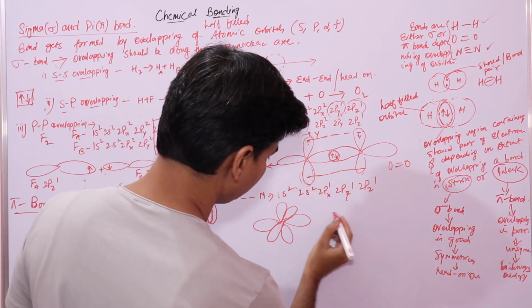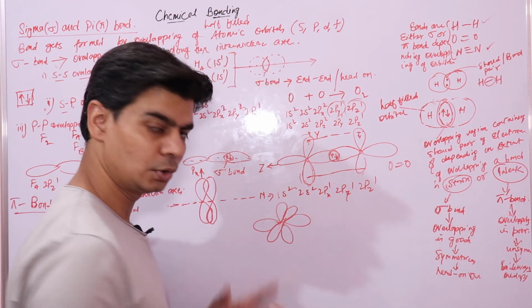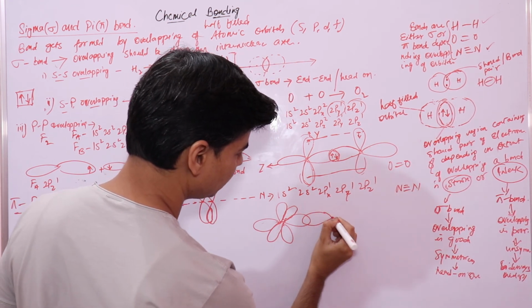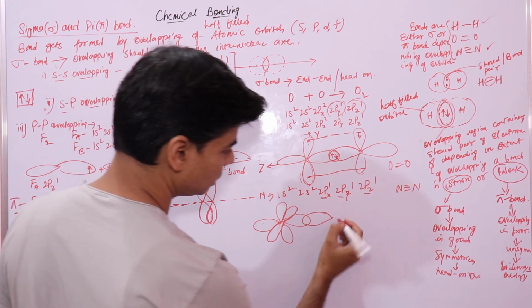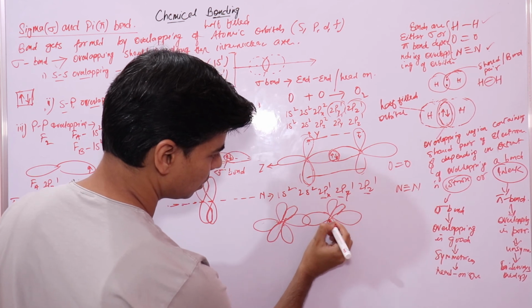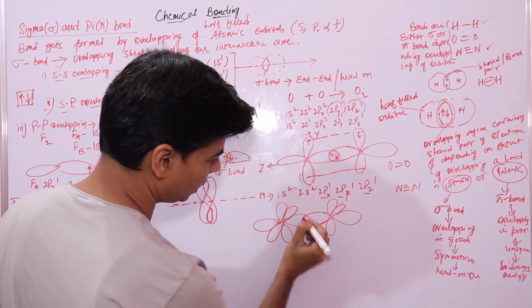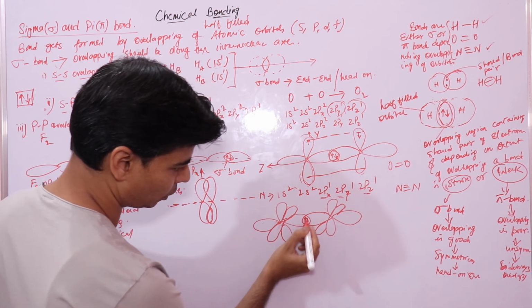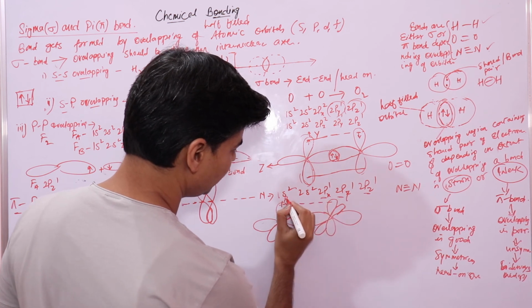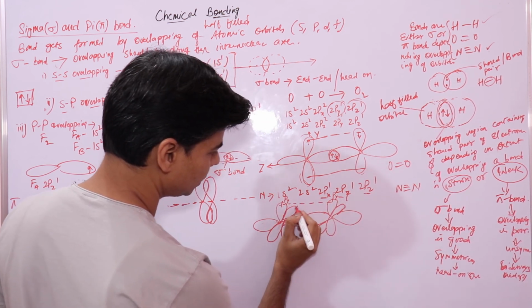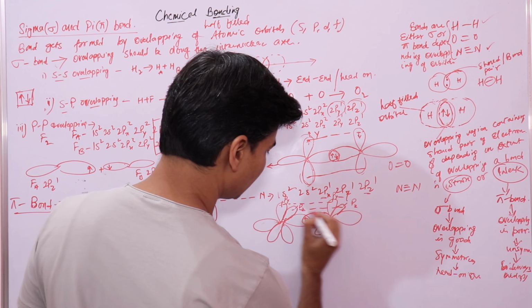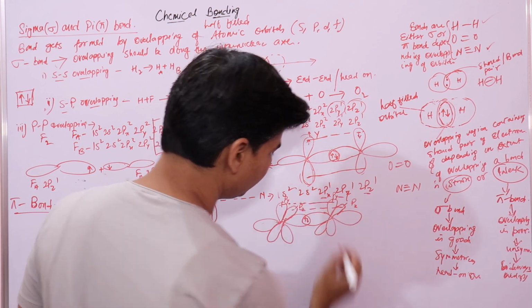Similarly, another nitrogen atom will come to form a bond, because nitrogen has a triple bond. We'll see how the triple bond formation takes place. We have three half-filled orbitals. The third orbital is this. So one orbital is overlapping head-on, and two orbitals will overlap sideways. If this is py, this is your py, and if this is pz, this is your pz. And pz will overlap with pz and py will overlap with py.